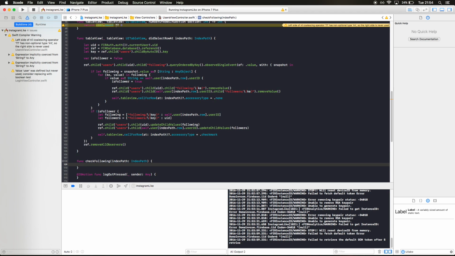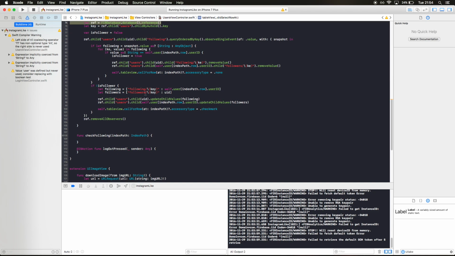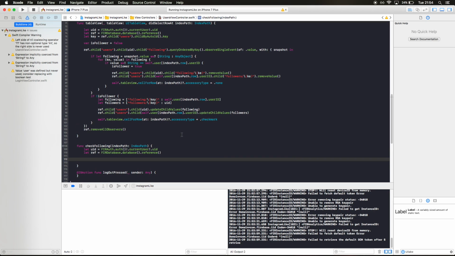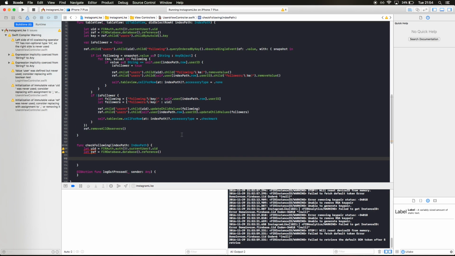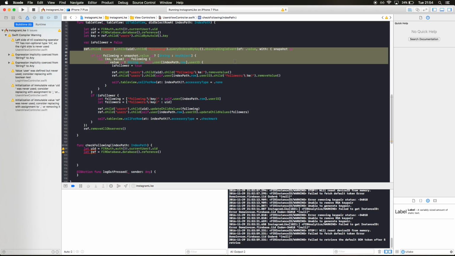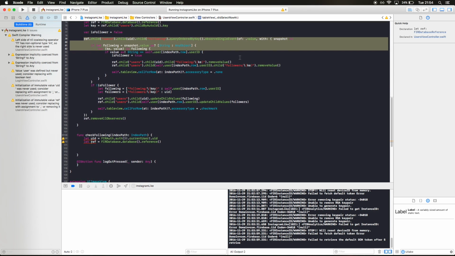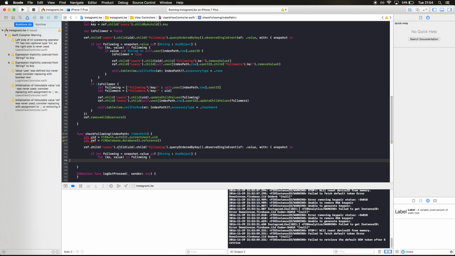So very simply, I'm just gonna copy some of the code here. I will need these two. Now, having a redundancy is not very good. I could find a way to reduce the redundancy, but I'm not gonna do that right now. And I'm gonna get this one right here where I'm looping through following. Right, this one, I'm gonna go and copy and paste this, and I'm gonna close that, close this, close that,